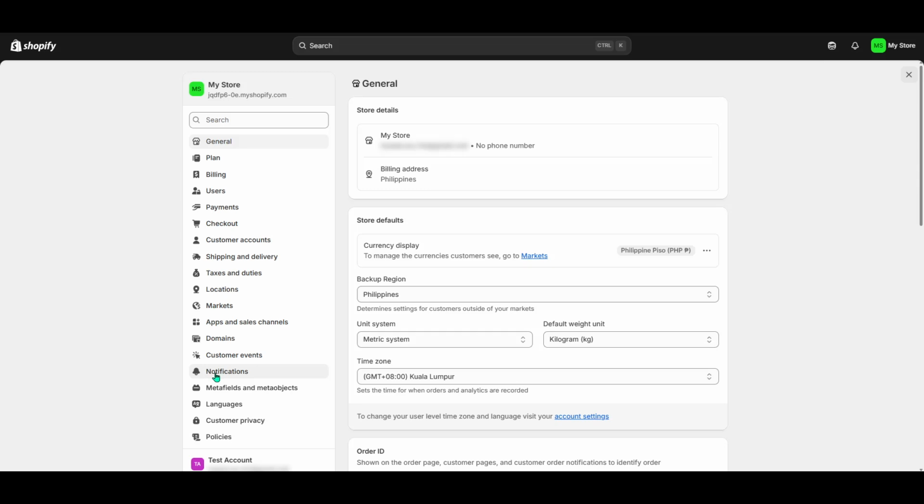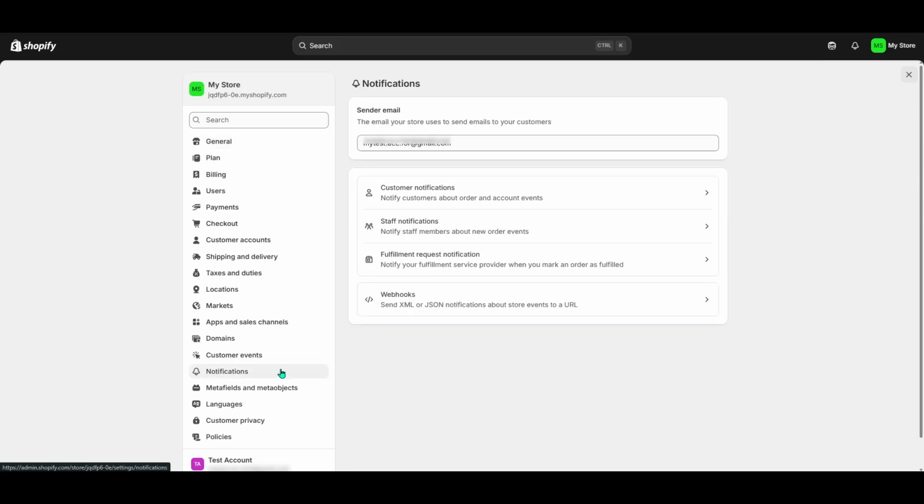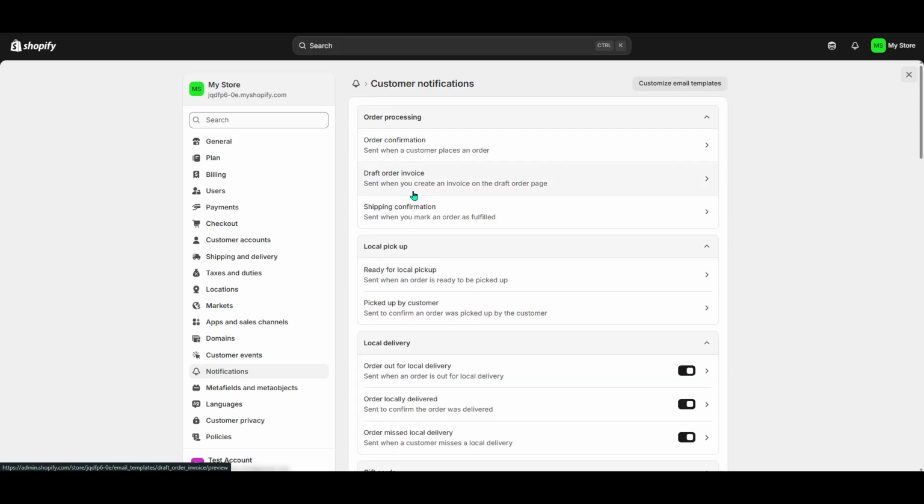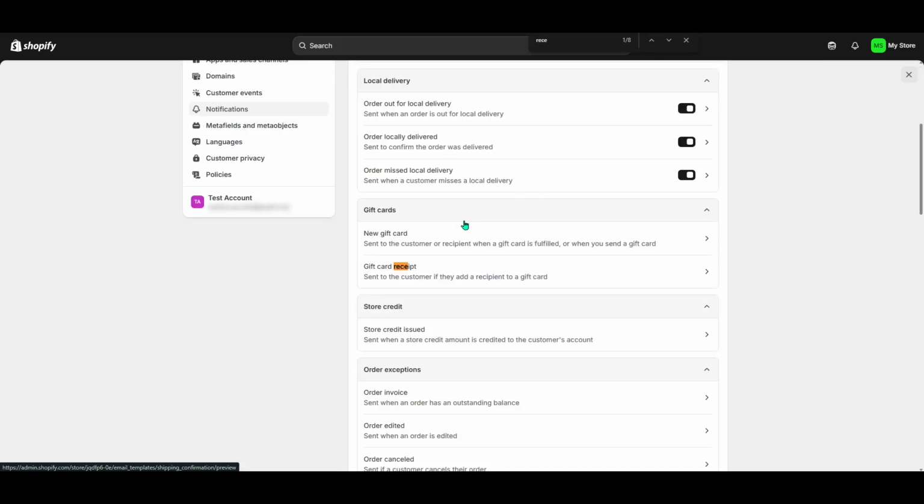Now, with the Notifications section open, you should see a range of options. Look specifically for customer notifications and click on that. This is where Shopify manages all the communication that goes out to your customers, including the notifications they receive when a purchase is made. It's a powerful feature that allows you to tailor what your customers see and helps leave